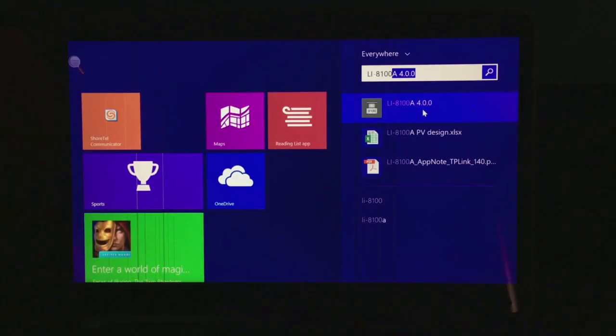The first step to download the data is to get the LI-8100A software. Here I have installed it in my computer. You can get that from the LI-COR support website. Make sure you have the right version, the version which matches the firmware which is inside your 8100. So here I have started the software,